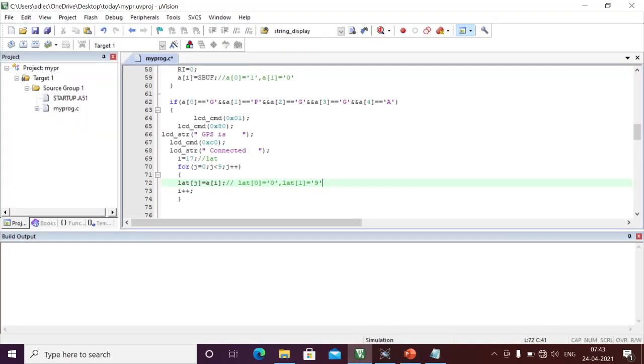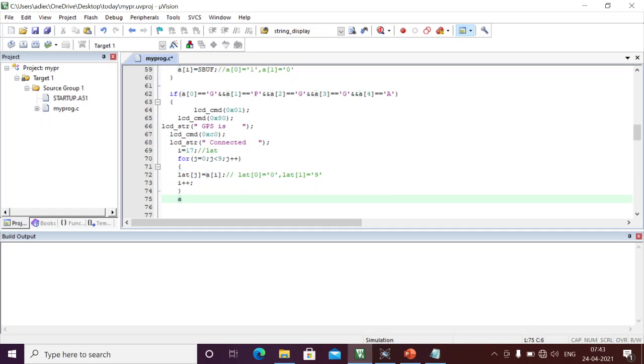The 10th character I'm filling with the null character. Finally it will be incrementing here. j equal to 9 is not less than 9, so array of 9 is the 10th. Here at the end, array of 9, I can mention it as j. For example, 0 to 9 it will be incremented. Whenever it is 9, 9 is not less than 9, it will come out, and array of 9 is nothing but the null character. Here I am just assigning the null character. Why? Because I should form one complete string. That's why I'm making the null character.